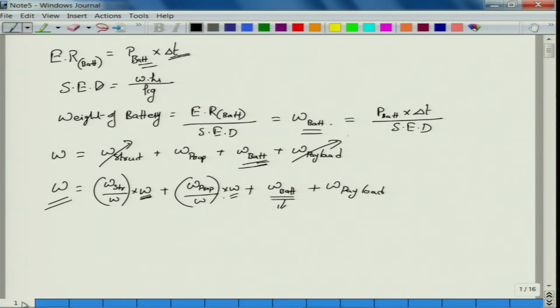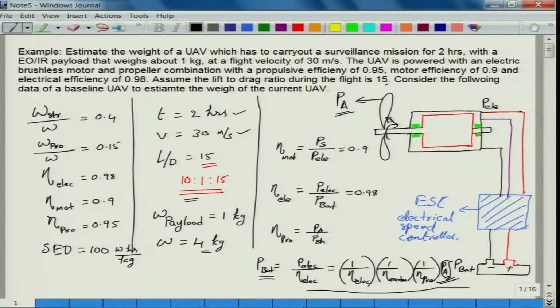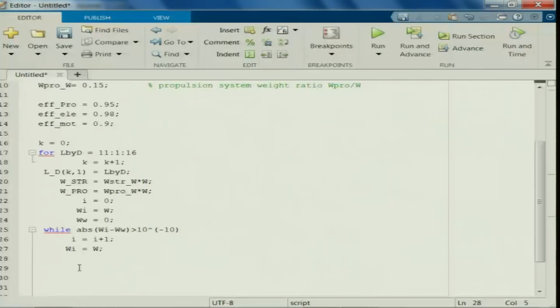So, because efficiencies are given as an input here, what I need to know is power available, which should be power required to perform that particular mission. Okay. So, that is what I am trying to do, power required by the system, which is nothing but the power available in our case. So, power required each and every time is equals to